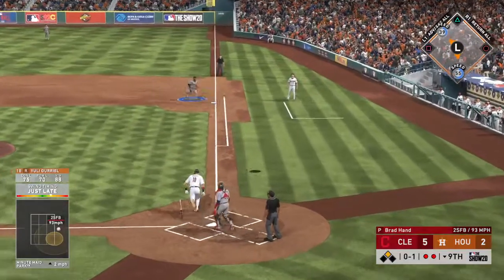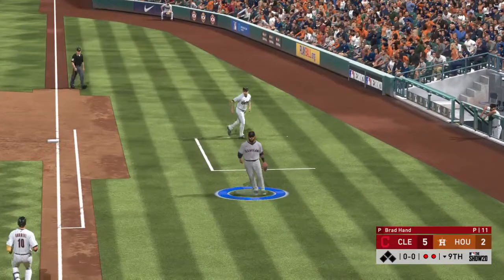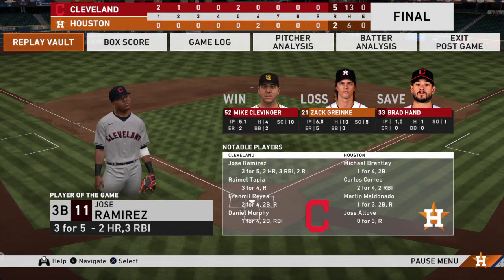Now a little pop-up off toward the first base side. Sandoval over to his left. Makes the catch, and that's the ball game. 5-2 the final score tonight. The Cleveland Indians jumped out to an early